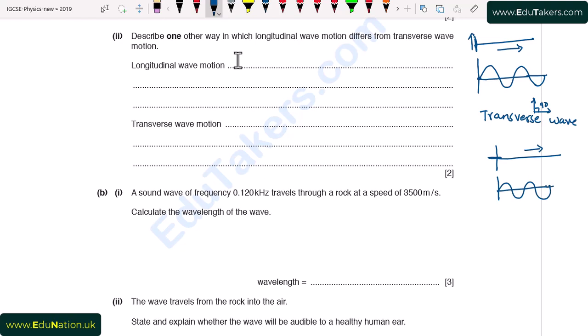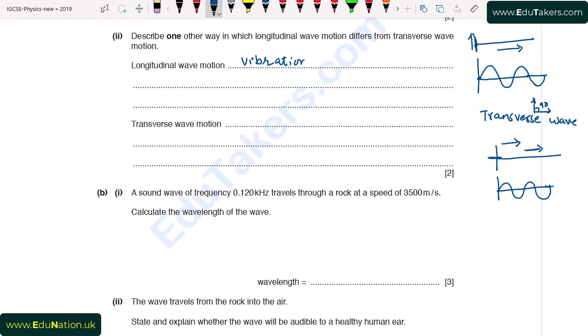So this kind of wave is known as longitudinal wave, because here you can see that the direction of travel of wave, while vibration is also produced in this direction. Both of these are parallel to each other. So I write here longitudinal wave motion,